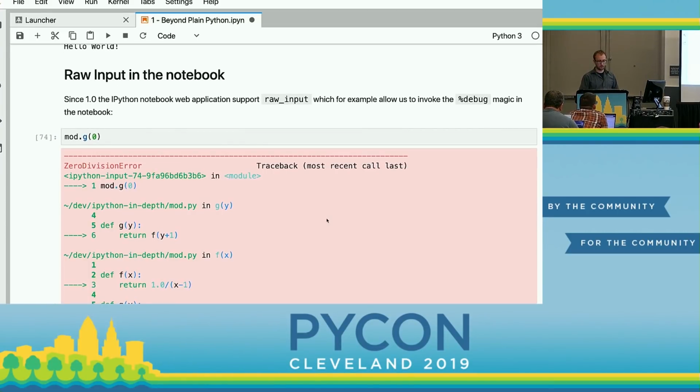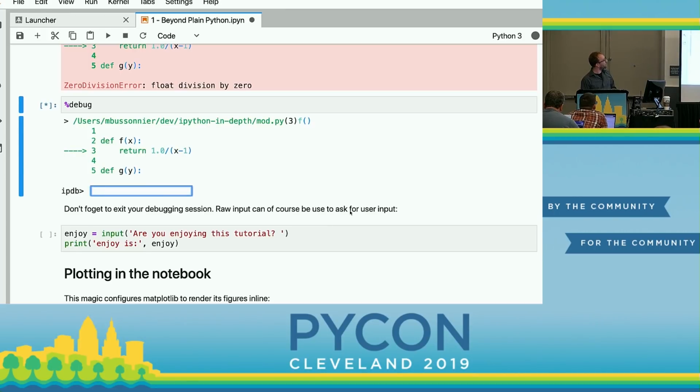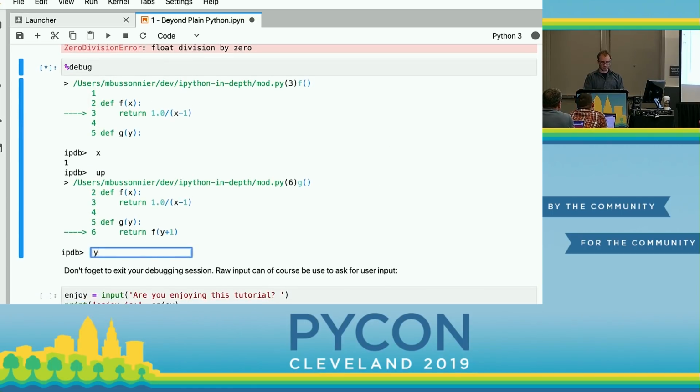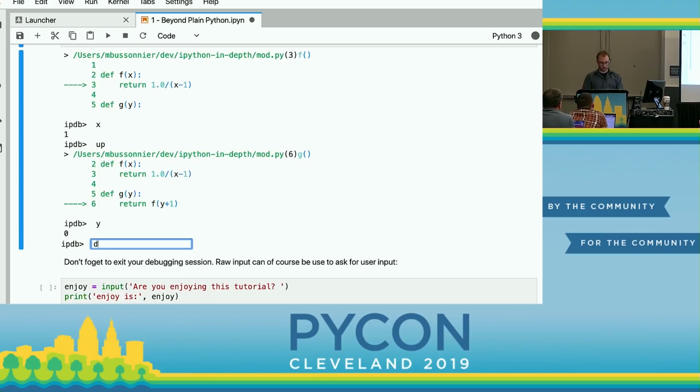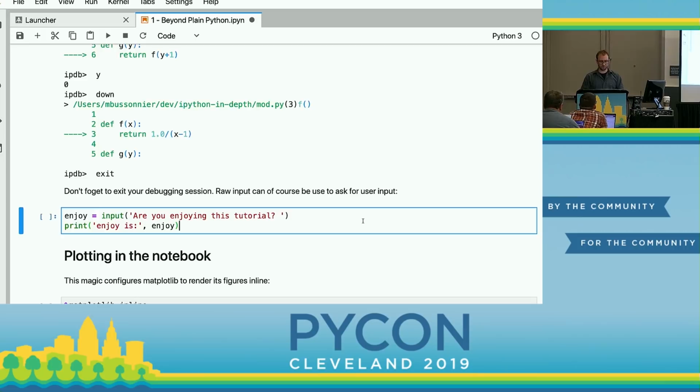You can also run a debugger. So if you had a traceback just after you do debug, you're going to be in PDB. If you know about PDB, you can learn about that. So you're basically stopped in the middle of the stack trace, and you can say, well, what is the value of X? X is 1. Let me go back into G. What is the value of Y? It's 0. Let's go back to F. So you can debug interactively. So that's postmortem debugger. Just do % debug. Don't forget to press exit once you're done. Otherwise, you won't be able